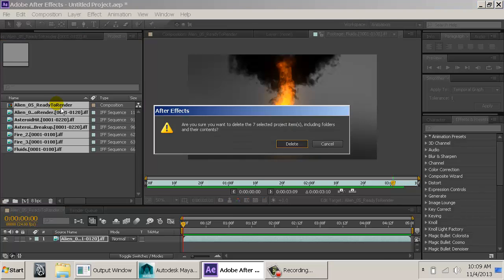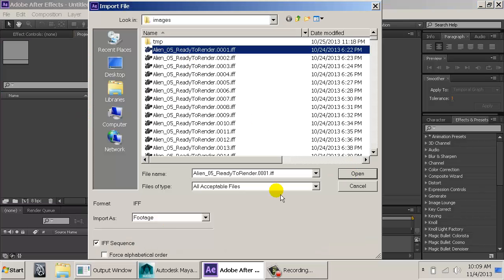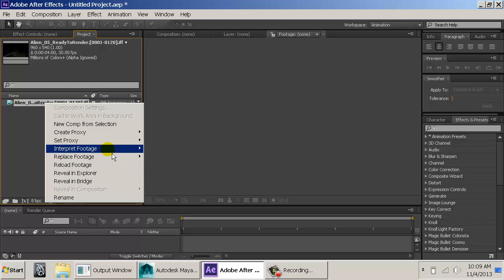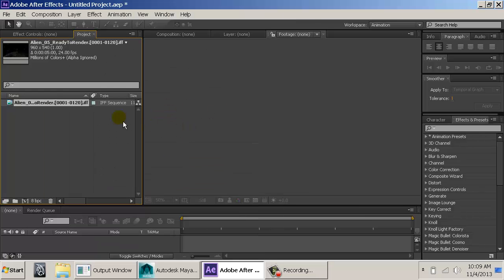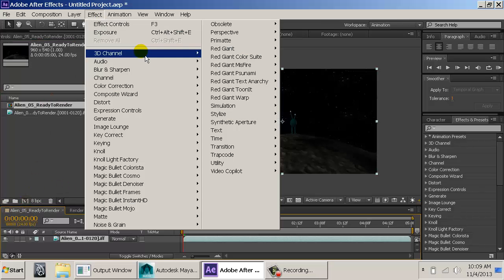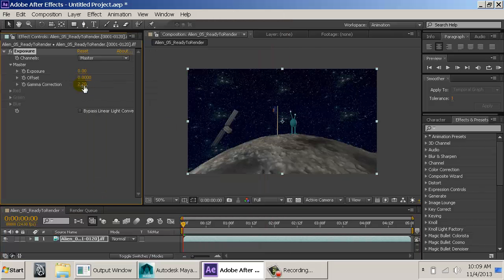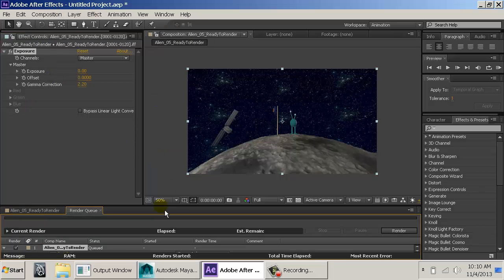Let me just quickly rush through that process again. So I'm going to go to my project, double click, alien sequence, make sure it's clicked. Hit open, ignore the alpha channel. I'm going to right click, interpret footage, main, and set this to 24 frames per second. I'm going to drag this onto my new comp button. I'm going to go to effect, color correction, exposure, set the gamma correction to 2.2, go to composition, add to render queue,